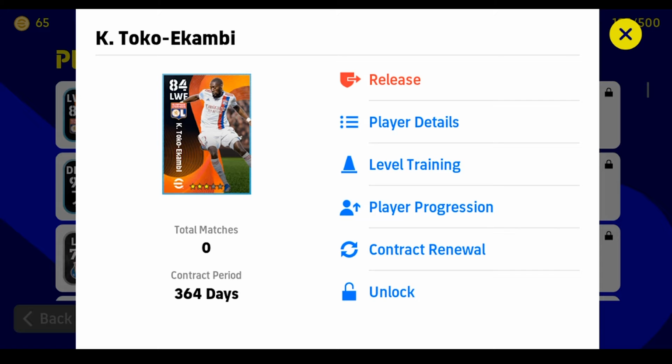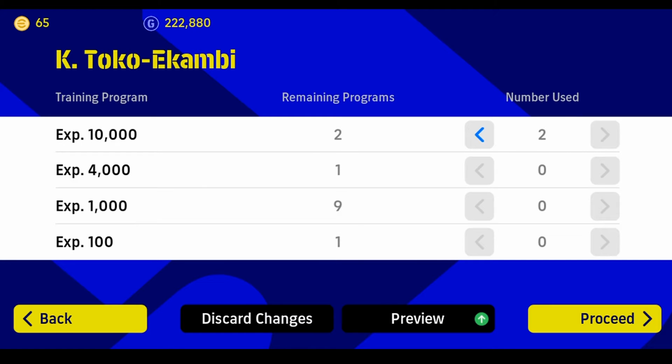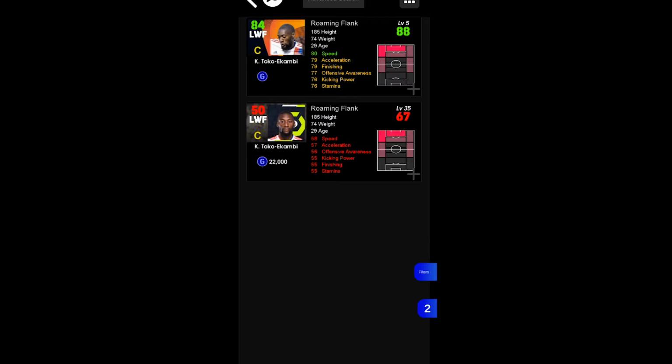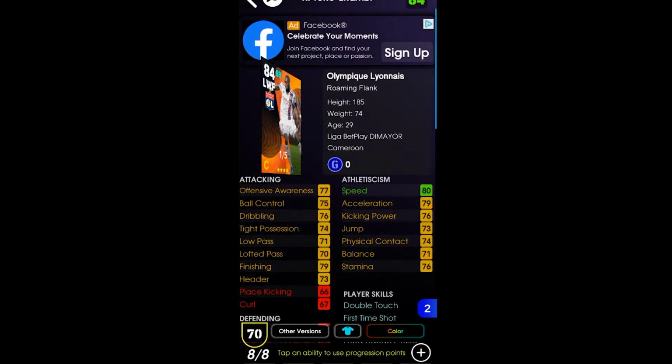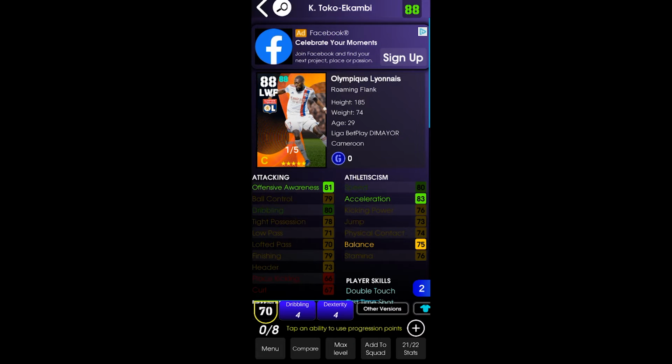We're gonna hop into level training. We're gonna probably only use the 10k points, and he's a 5. He's fully leveled, so his level is full, he's maxed. Now we need to know how we're gonna use the 8 progression points that the game gives. Alright, so you always need to search up the player name when you get him, and check the player. So now we're gonna click max level,